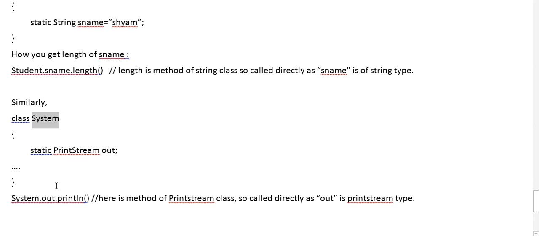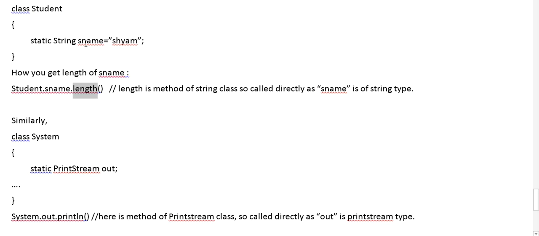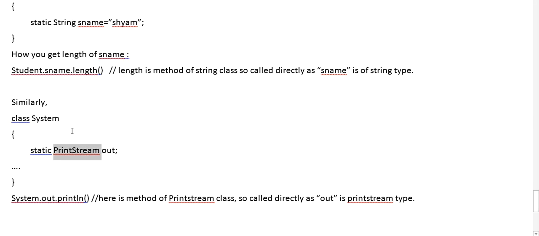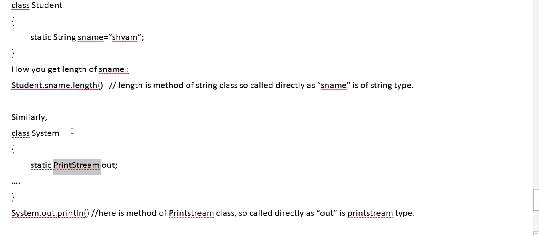System, that is the class name, then out, that is the instance or object name, then println, which is a predefined method in the PrintStream class, just as length is a predefined method in the String class. I hope you will be able to understand this in a better way now.